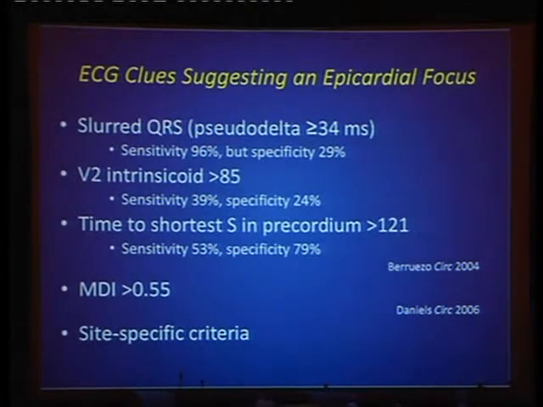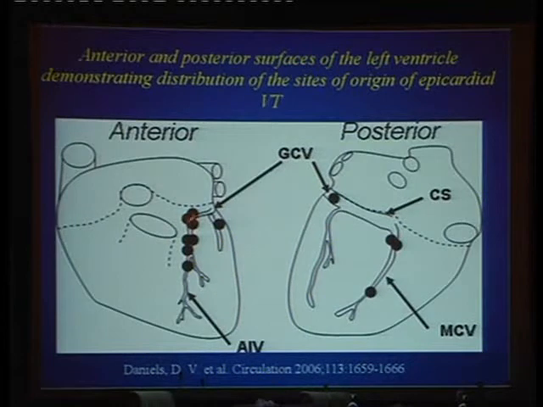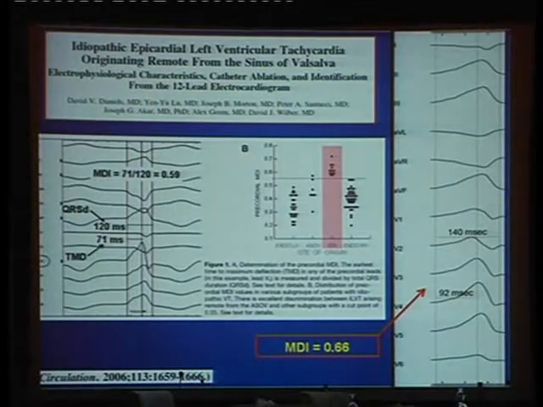ECG clues that are going to take us to the epicardium rather than the endocardium. I'm sure Eugene's going to tell more about this, but this is a 66-year-old woman, and you see a very slow upstroke. And this was in fact right where the great cardiac vein dumps into the distal portion of the coronary sinus. And you can see